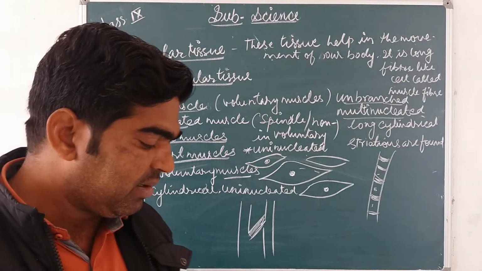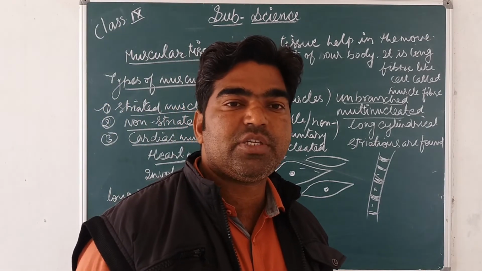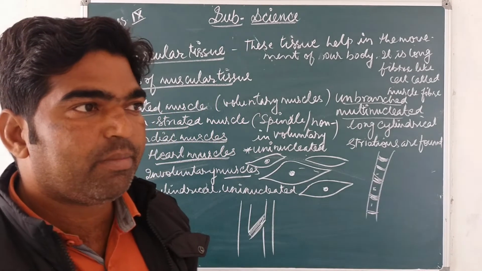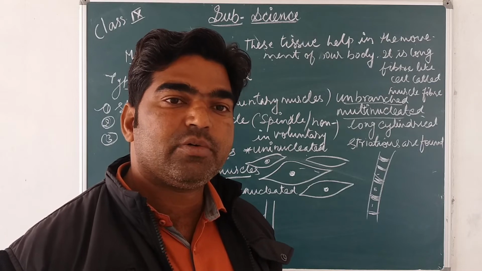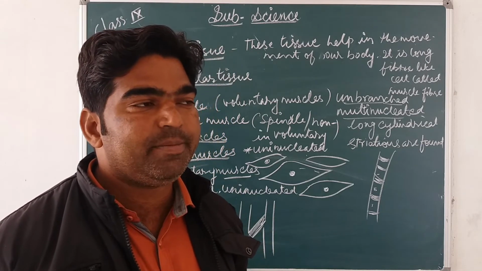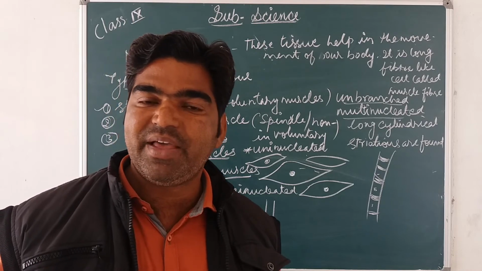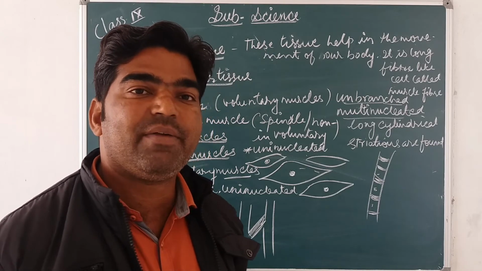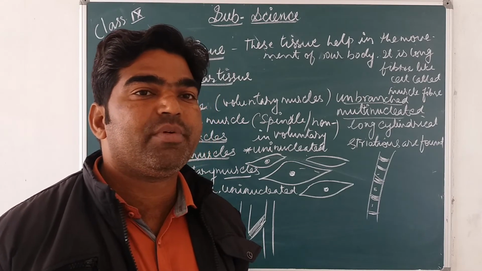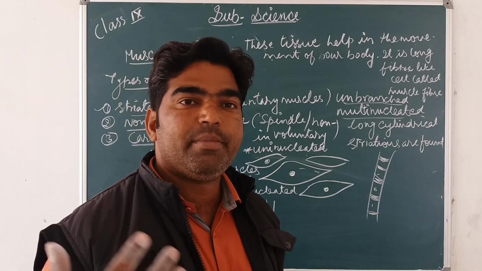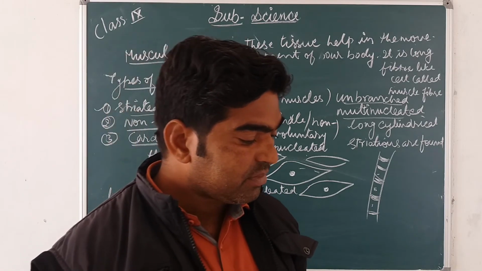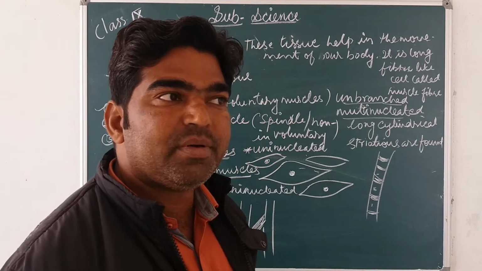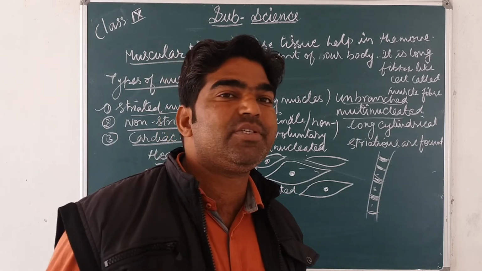Last one, nerve tissue. Nerve tissue is a long fiber or long thread-like structure in our body, which helps the body respond against any stimuli. Whatever sense we are feeling from outside is due to this nerve tissue, and nerve tissues help send any kind of information from any body part to our brain through the spinal cord. The cells of nerve tissue are called neurons. A single nerve cell is known as what?